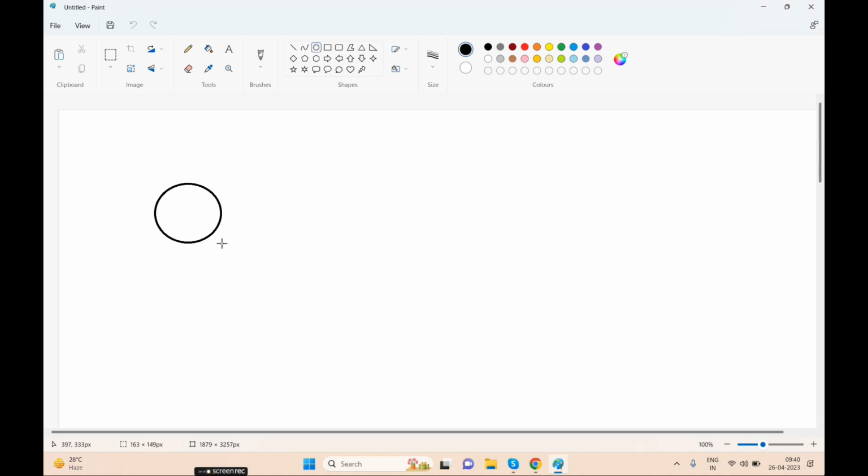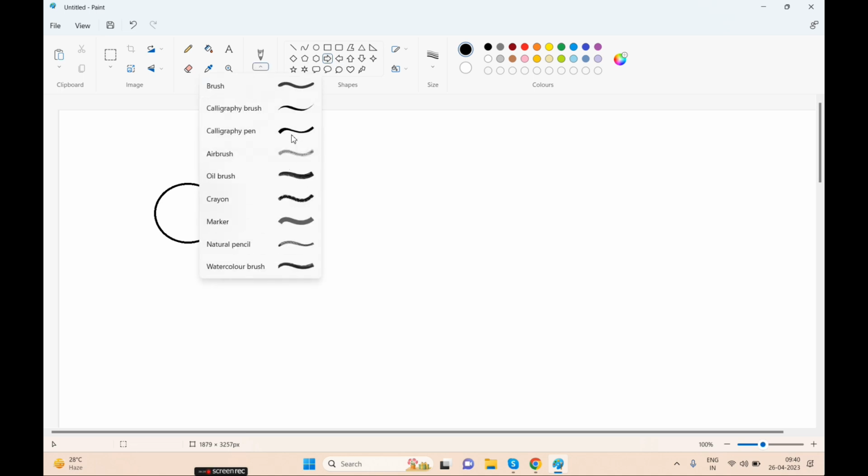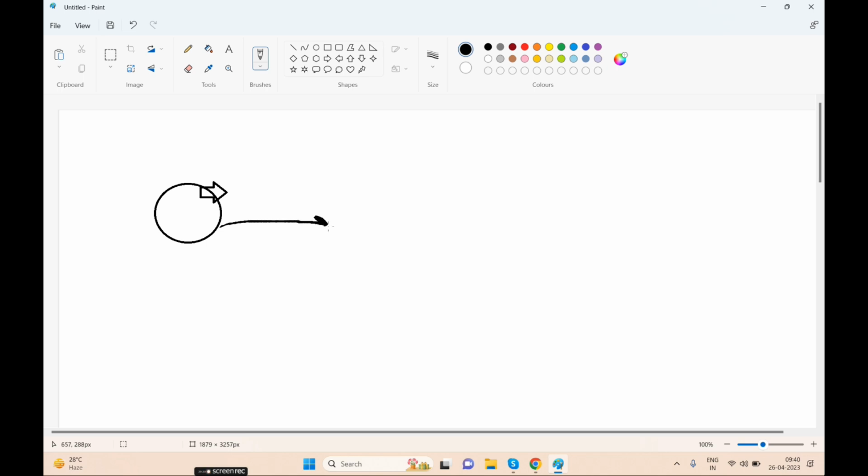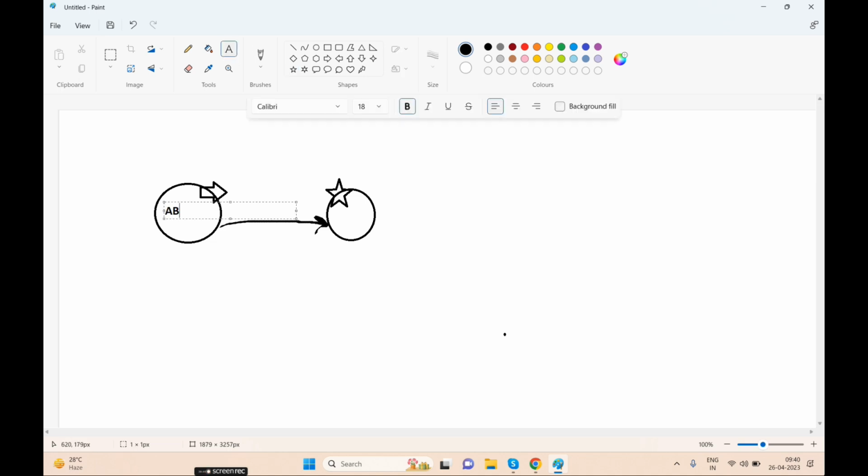Let's say this is my data. I have encrypted the data, and then I send this data to you. So this data is sent to you. You have received the same data, but that data is encrypted. You are not able to see it; it's not in readable form. For example, I have sent the message as ABC, but here you will see something else, like hash A. This is the code you will see. You are not able to understand it. What you need to do is decrypt it.